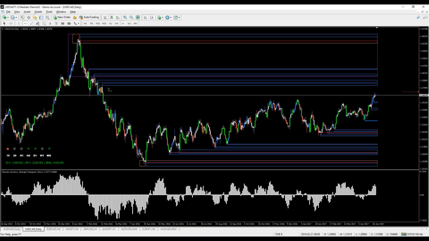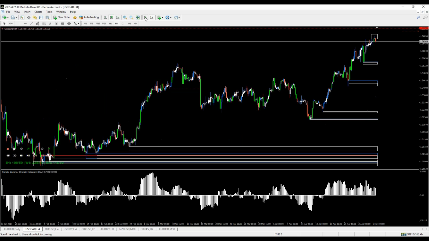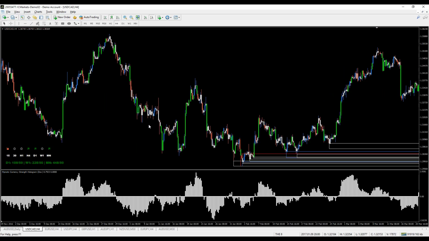So if we have a look here, you can see the green candle that moved away. Where did it poke back to before it left? Right there. You see? That's where it stopped. I have an alarm just before there. So if we go to the 4-hour chart and have a closer look,